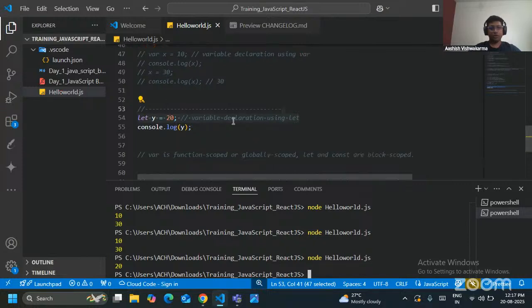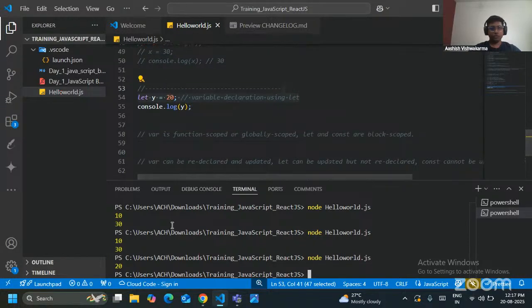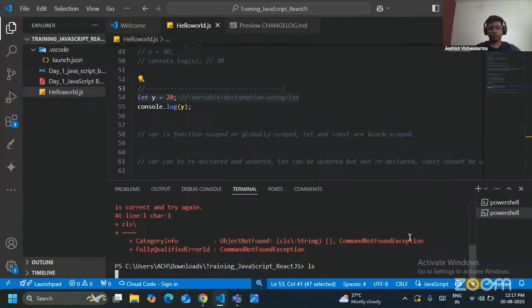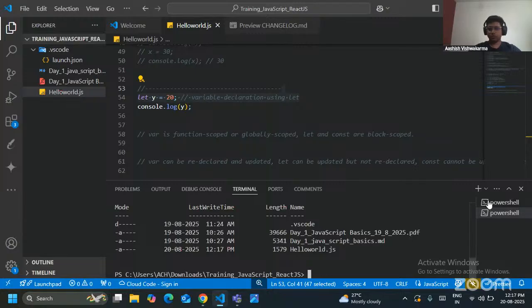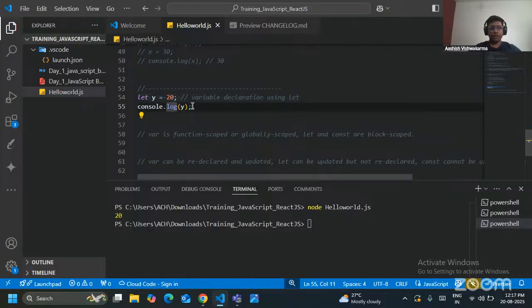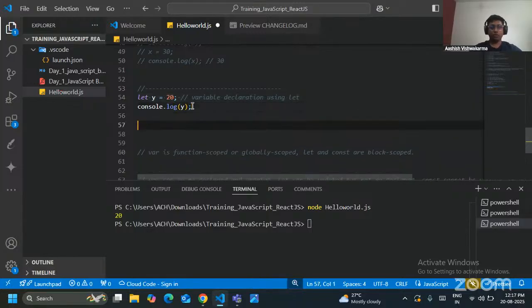Okay, we'll take it again. See, now 20 is coming, right? And if I want to reassign the value of y,